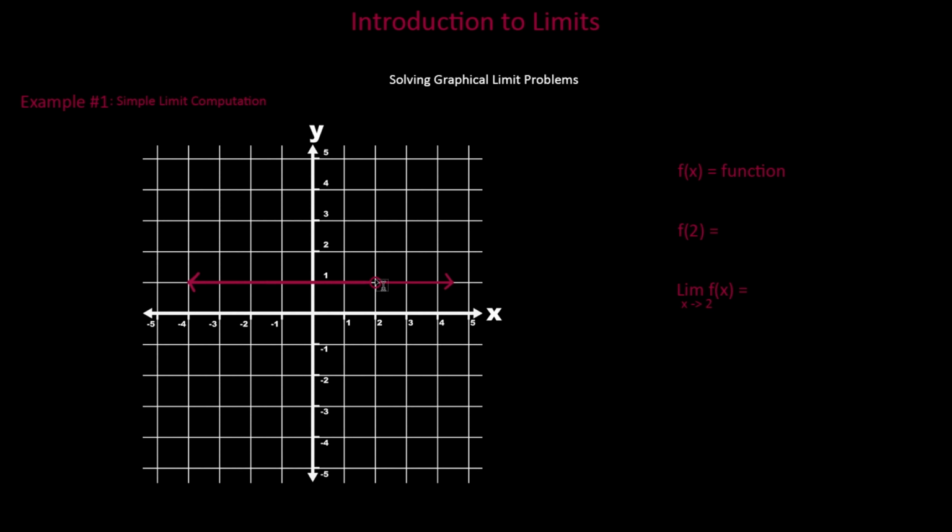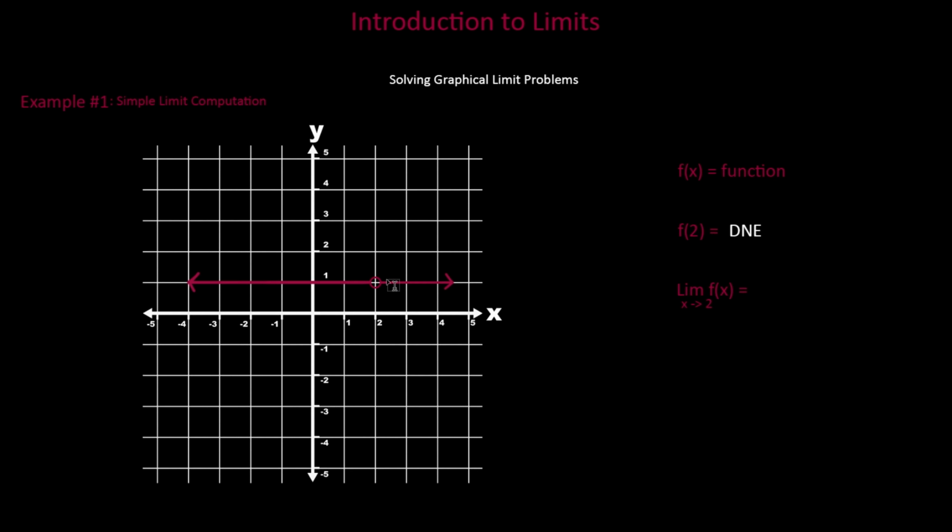According to the graph, there is actually no y output for the given x input of 2. Therefore, f of 2 simply does not exist. The limit, however, does exist because in limits, rather than finding the actual value at a certain point, we find the values approaching that point from both sides. So in this example, we are looking for the values a little to the left and a little to the